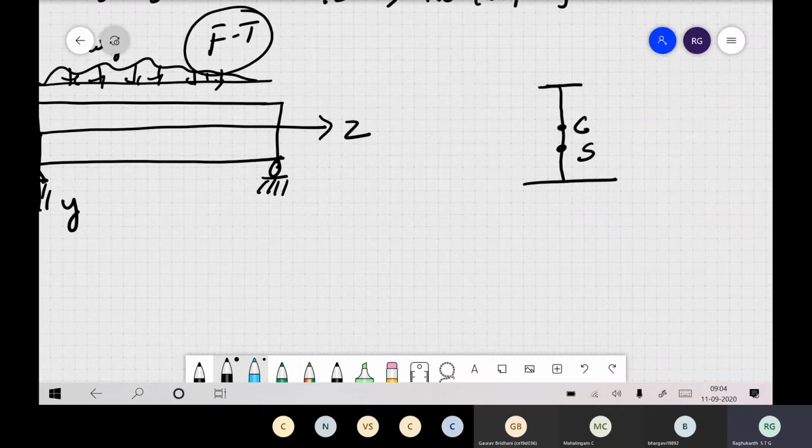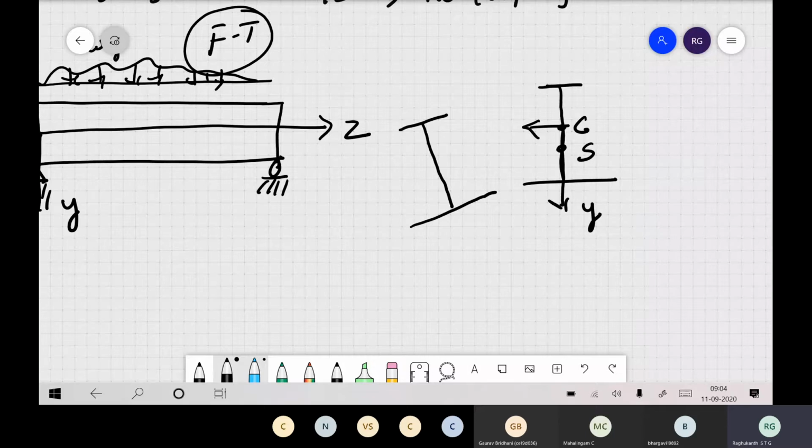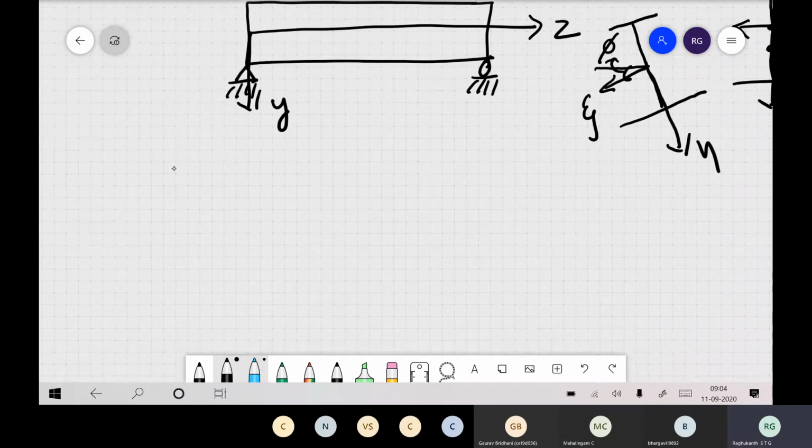Now what we said was, because of this lateral torsion buckling, the section becomes something like this. We have defined two coordinate systems. This is x and this is y, and the deformed coordinates you can write as eta and psi. We have an angle of twist, phi or beta, anything you can use. Then we started writing all the expressions. Last class we already wrote the expression for strain energy.